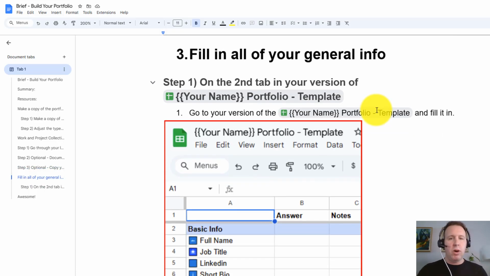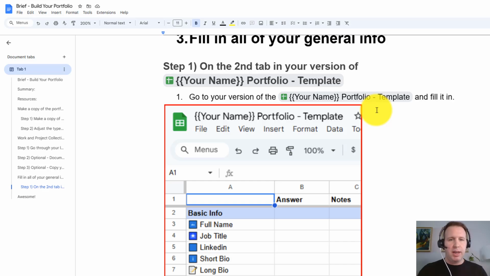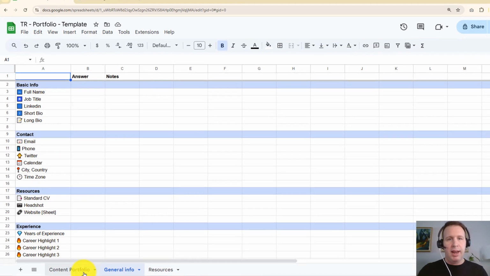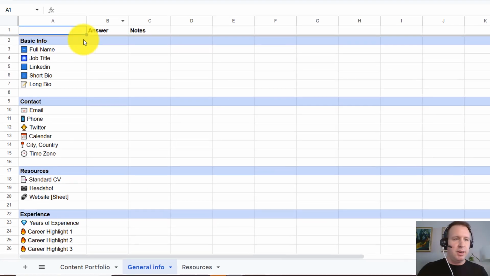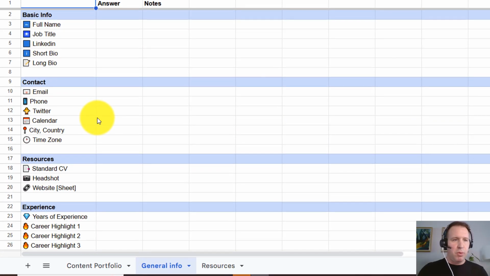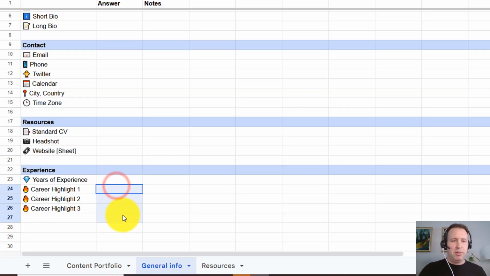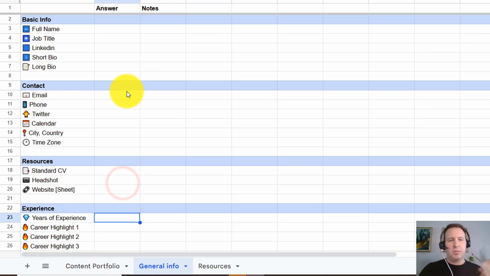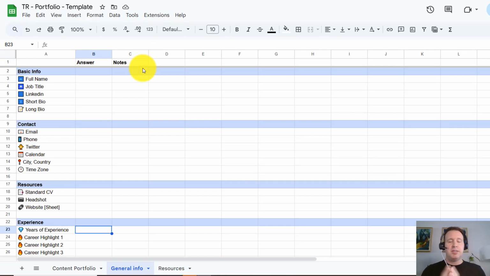The last thing that I want to focus on is just putting in the basic info that you should already have. So that is here. This is the second tab of your portfolio, and you're going to basically just take your basic info, including your regular CV, potentially a headshot if it's relevant, the website once you build it, some career highlights if it makes sense, years of experience, this kind of stuff. Really simple. This is the beginning of making a more robust portfolio, but it all starts with collecting a ton of projects and first source